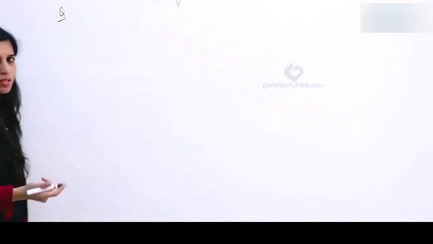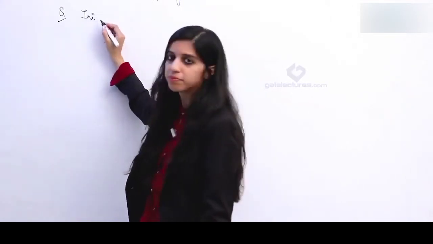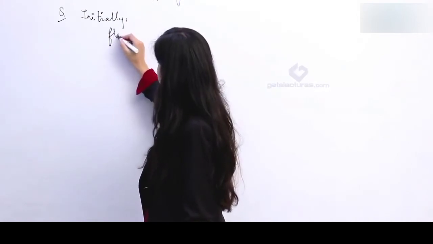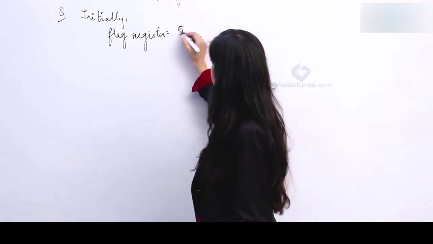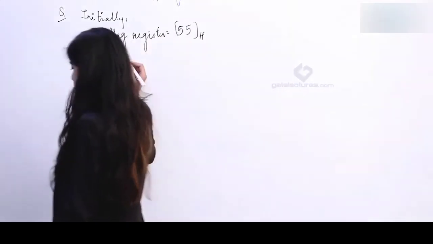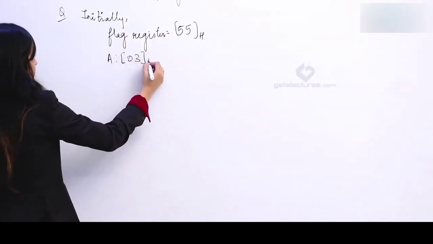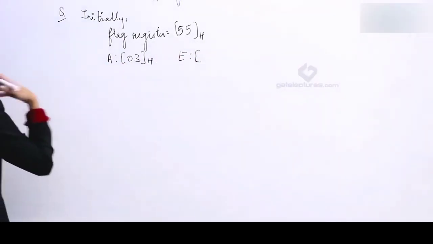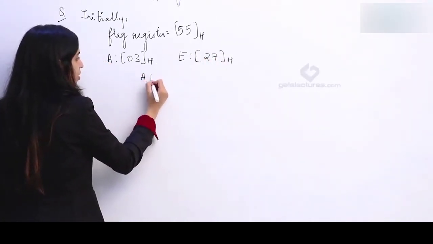So we are given a question, now we are looking at one more question. Initially, flag register was holding the value, contents of flag register were 55. Accumulator or register A was holding the value 03 and register E was holding the value 27. Now we are performing an instruction